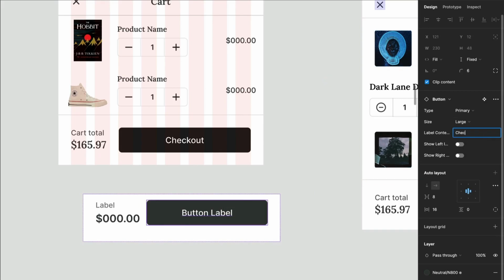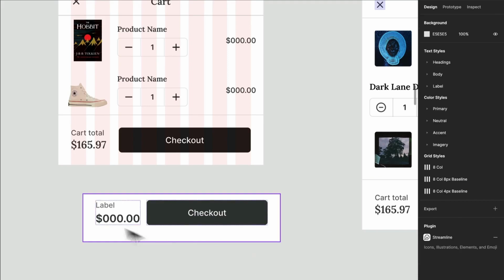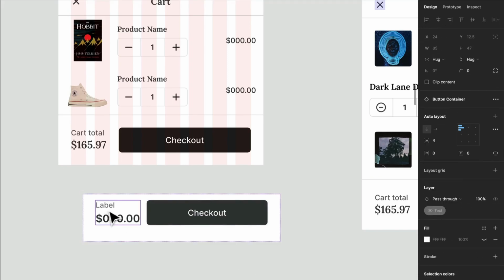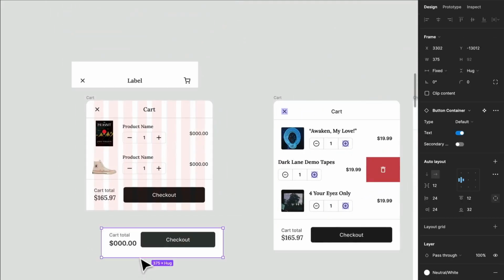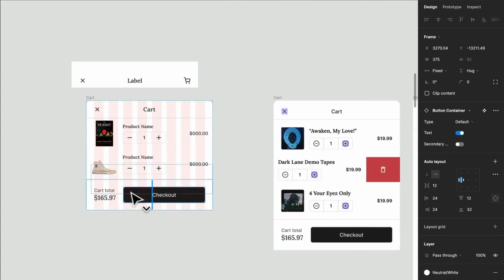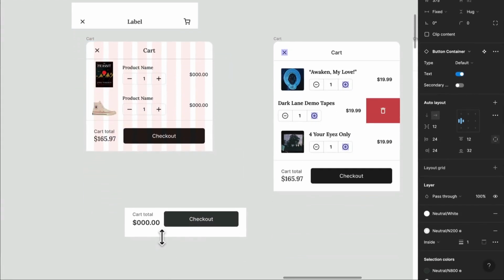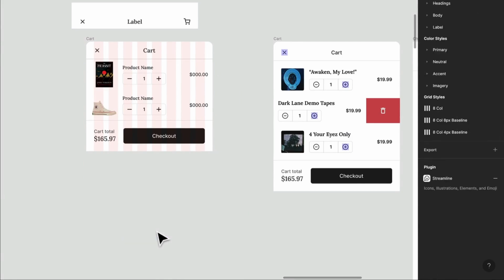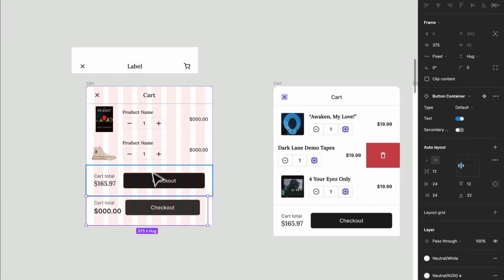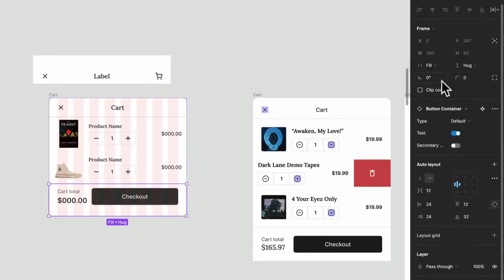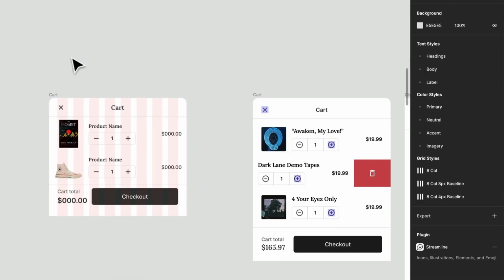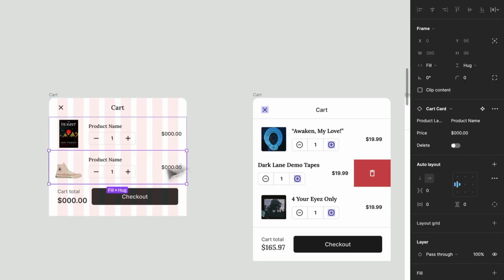Let's check out, and cart total, and we could just leave that there. Next thing to do, place that bad boy right. I'm going to have to just copy and paste in there. Command C and V. And then make sure that that is filling the container. We don't need that anymore. And there we go. We have our own cart, and we can just toggle this delete and